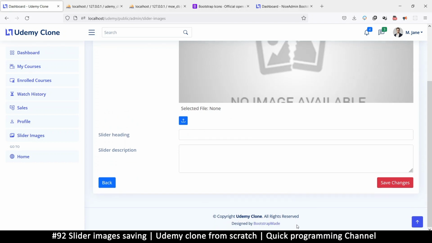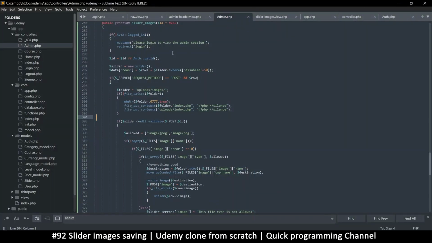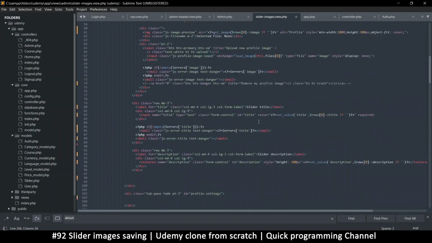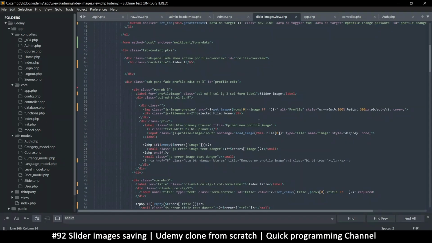So let's finish up here. Let's see what happens when we post. Okay. Now the thing is, if we go back to slider images view, we need to be able to know which